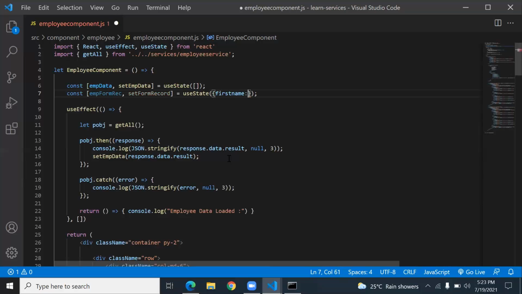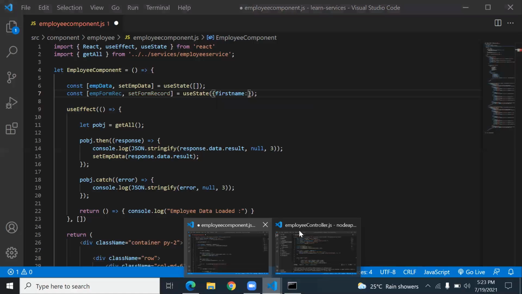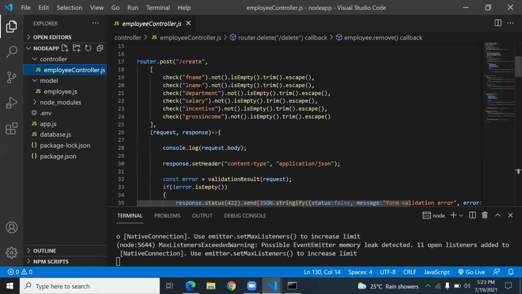Also be careful that the data you expect must match in the create. So the keys must match. So the first name is a key.